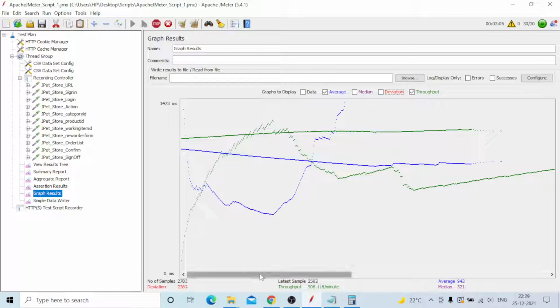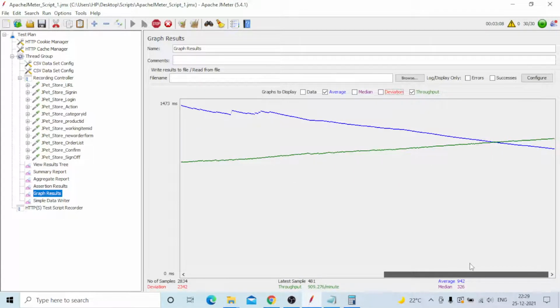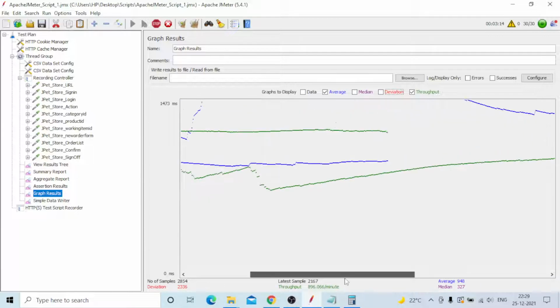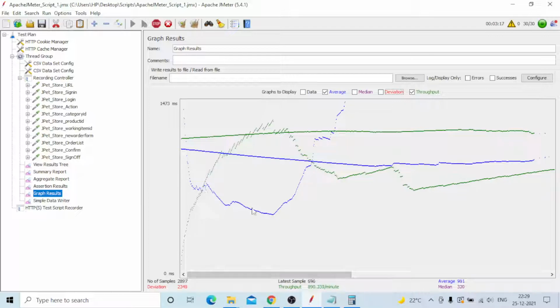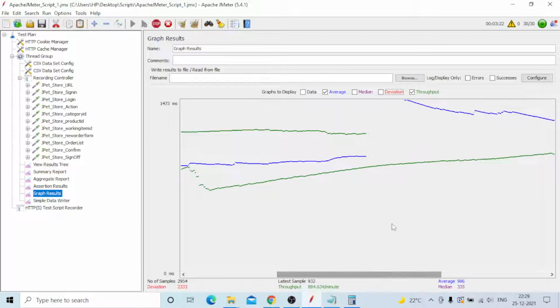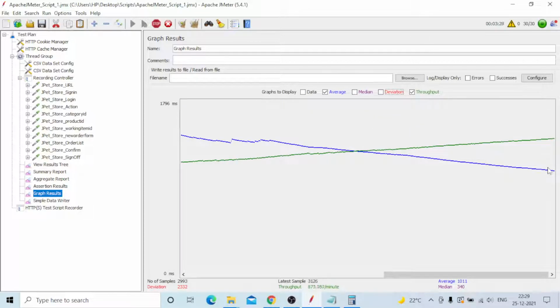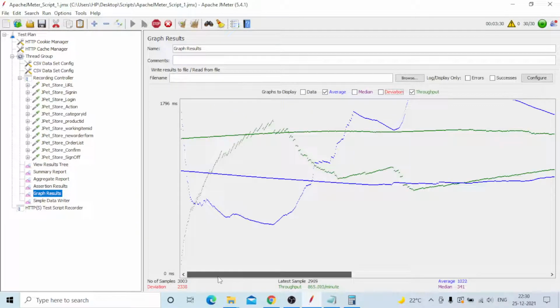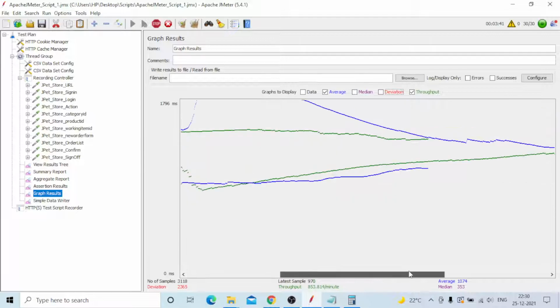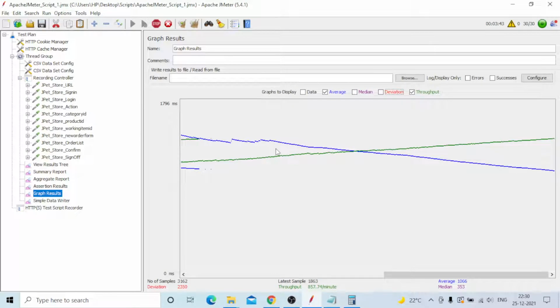You can see the spikes are going totally different, but a live application runs differently. Once the test is completed, I will show you the average response time automatically going from the spike. It is at a very high level, it is not showing. Also you can see this place, you need to come back and go directly down. And coming to throughput, this time you need to gradually increase the throughput. After moving down and moving to a closely same format, you need to slowly increase it.